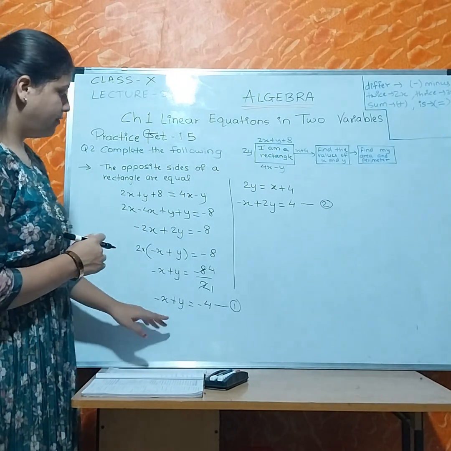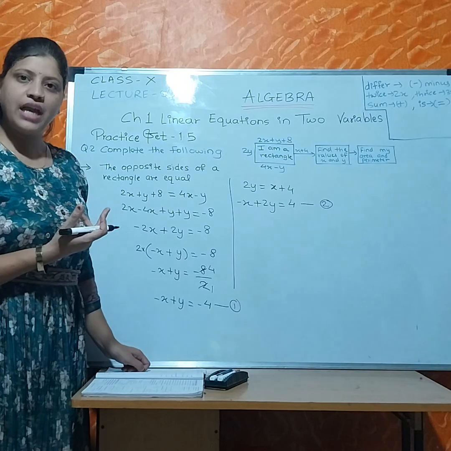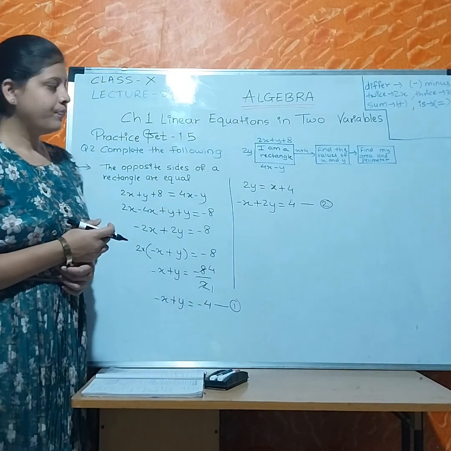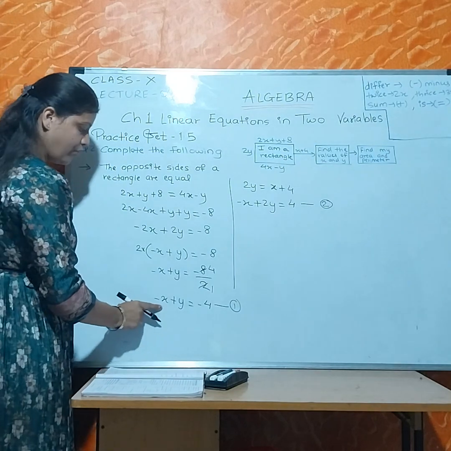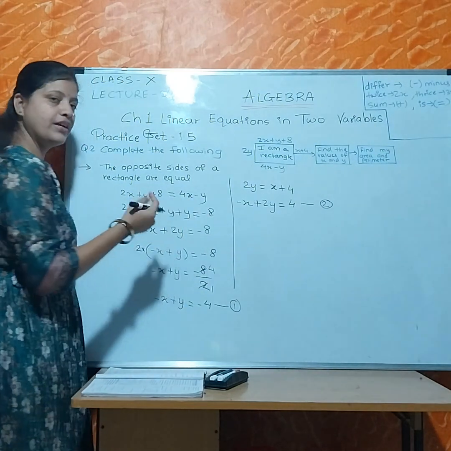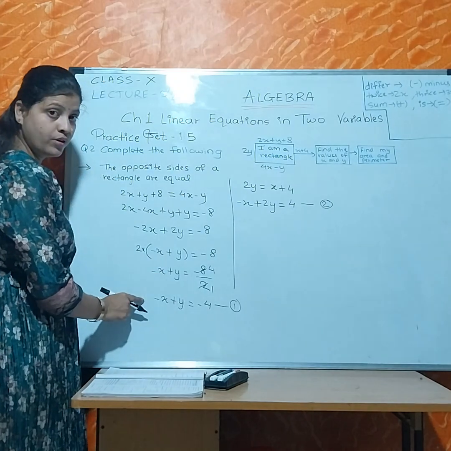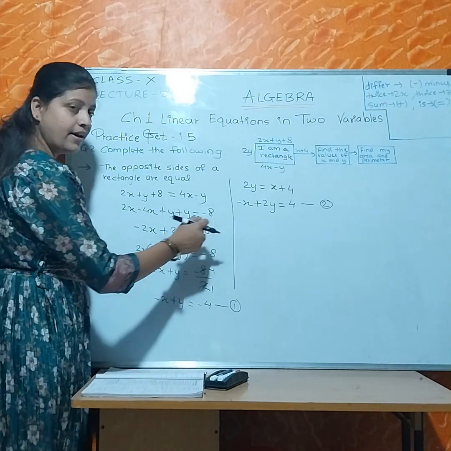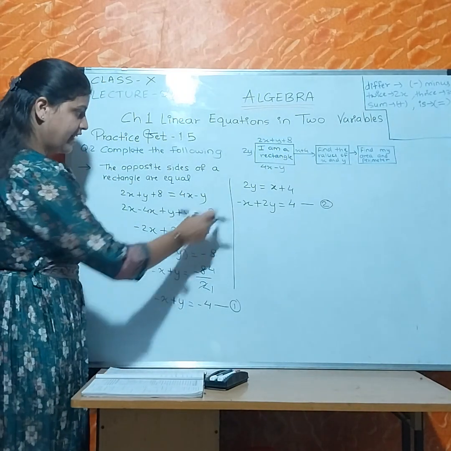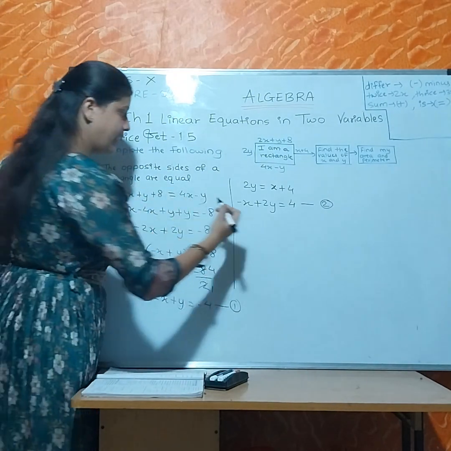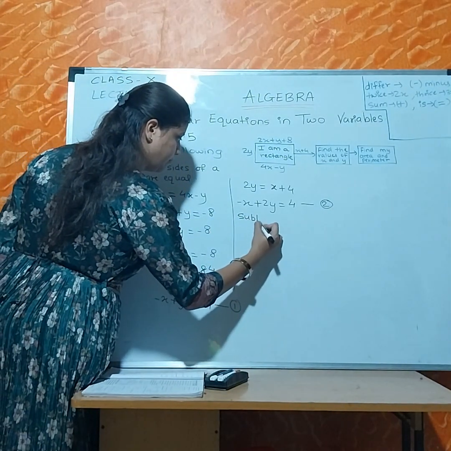Now we will solve equation 1 and equation number 2 simultaneously to get the values of x and y. The coefficient of x here and the coefficient of x here is equal, but both are negative. So if we do addition, minus minus will become plus. So we have to subtract it, right? So subtract